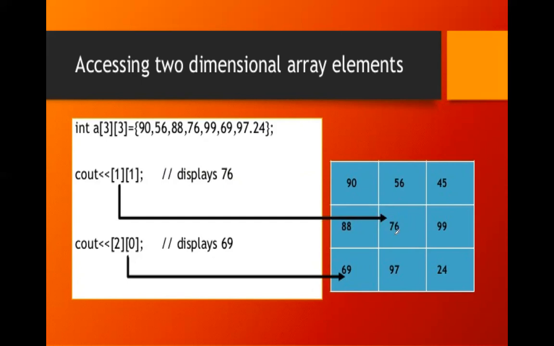So what will be the first element? 76 will be the first element. See here it is 0, it is 1 and it is 2. So total 3 rows. Here also it is 0, it is 1 and it is 2. Okay, it is 1 here I will mention. So it is 0, it is 1 and it is 2. Total 3 rows are there.